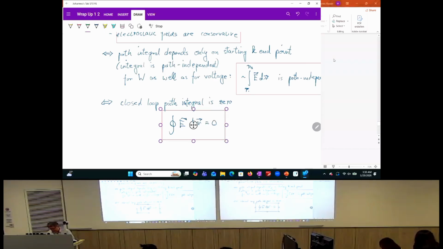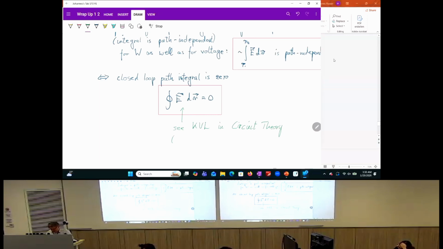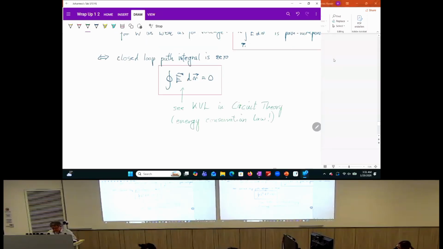This is actually relevant for the Kirchhoff voltage law, which we have discussed. KVL, Kirchhoff voltage law in circuit theory, is an energy conservation law. And this conservativeness